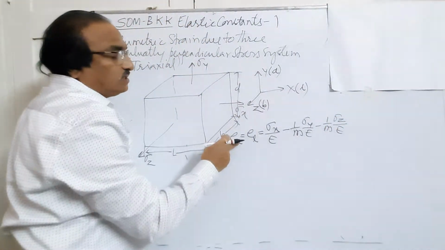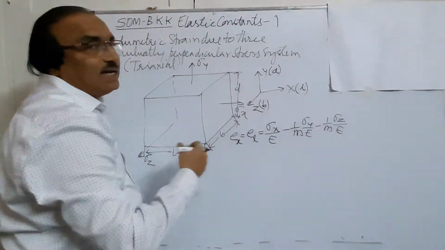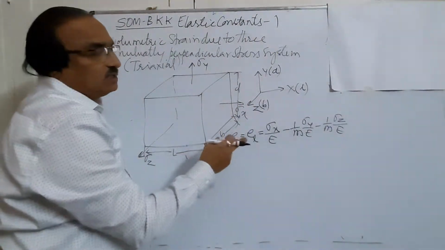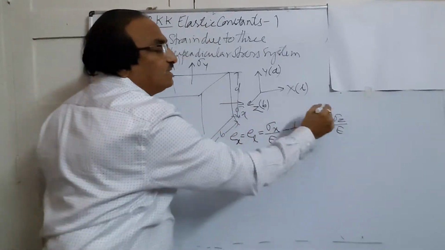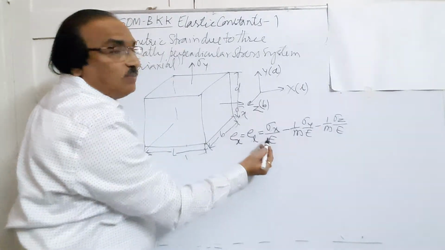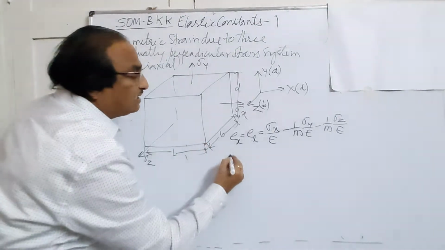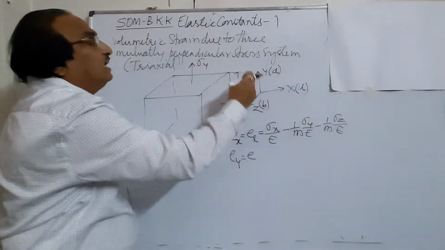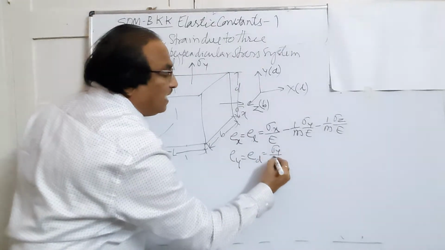So this is the equation that you will be using to find out the strain in x direction, wherein the member is subjected to all the three stress systems, sigma x, sigma y, and sigma z. If there are no stresses in y and z direction, we directly get Ex = El = change in length by the strain, Young's modulus. So likewise, Ey, y is vertical, so it is Ed. So this will be sigma y by E.